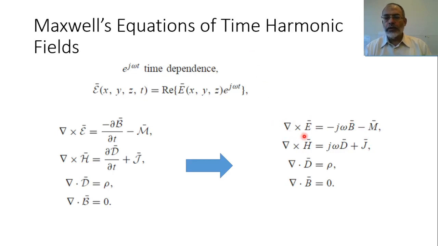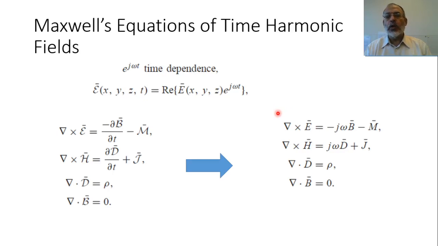Keeping in our minds that all these components should be multiplied by e to the power j omega t and taking the real value to obtain the instantaneous field quantities. Instantaneous field quantities means that the field as a function of x, y, z and t. Here the phasors are functions of x, y, z only. So these equations are not time dependent. These equations are spatial dependent only. And effectively, these equations are the equations that we are going to use.